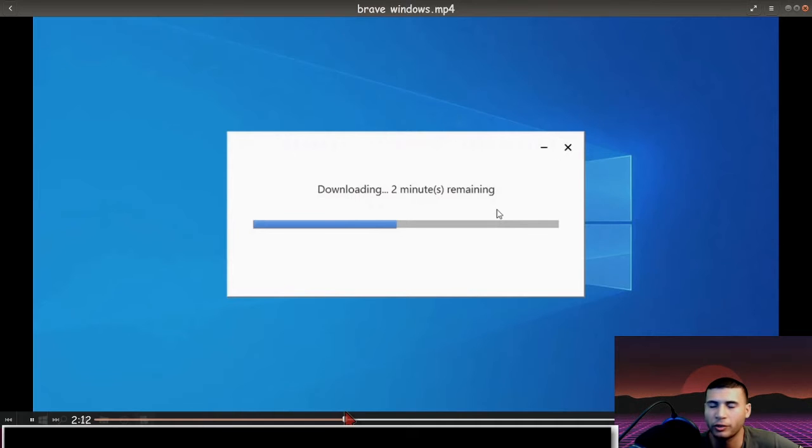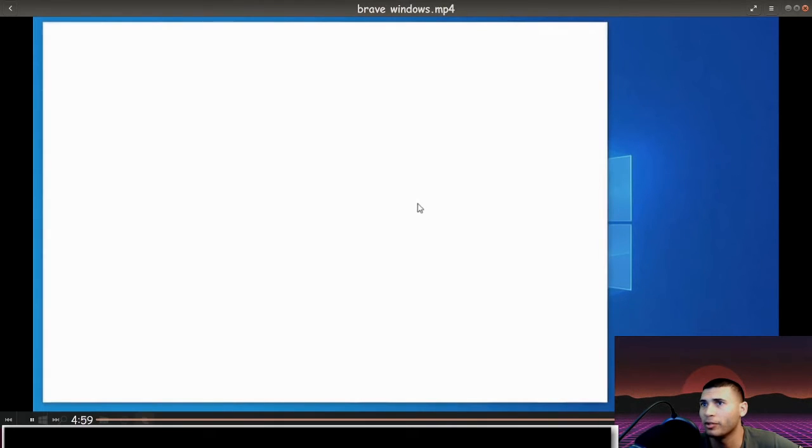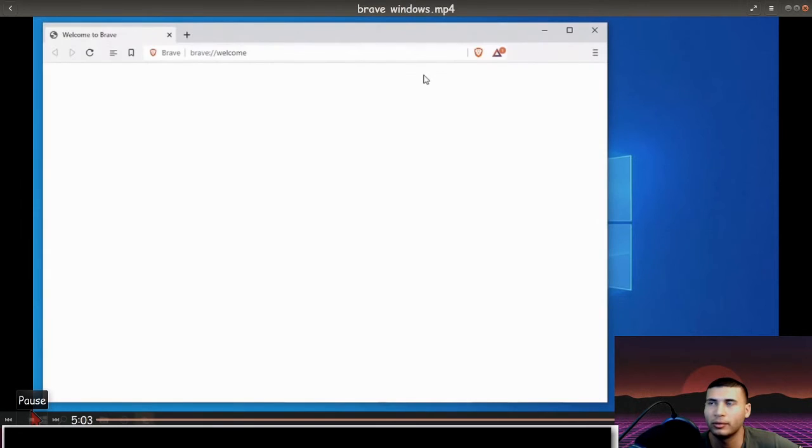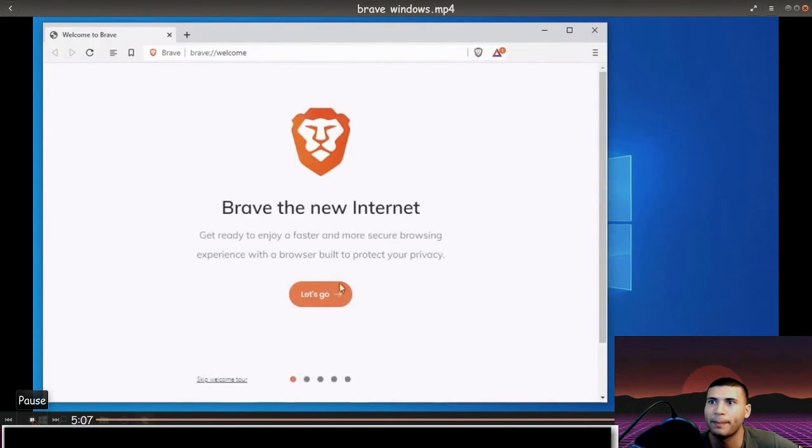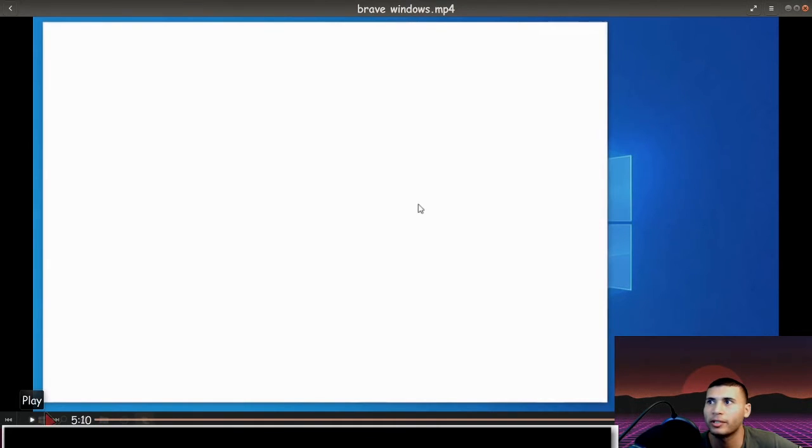You'll click the executable file, it'll launch this, and it will begin installing, and then the Brave browser will launch, and it'll give you a little welcome intro telling you about Brave, telling you about the features. You'll click Let's Go, and first thing is it'll tell you about